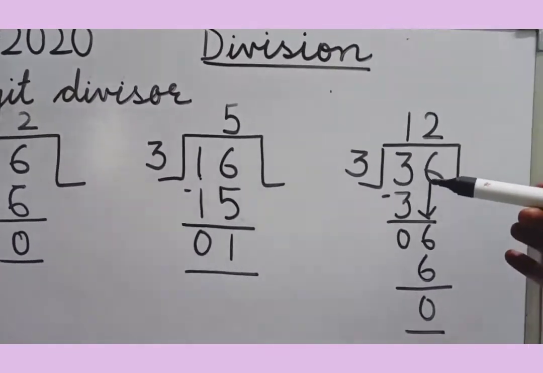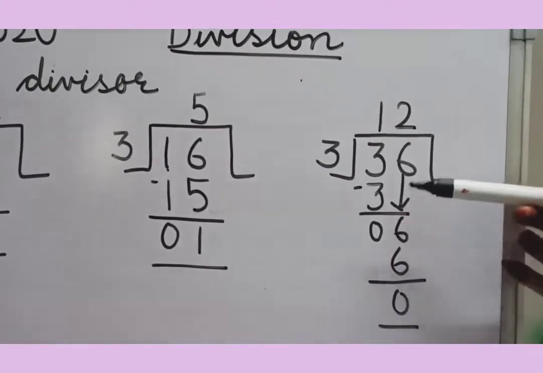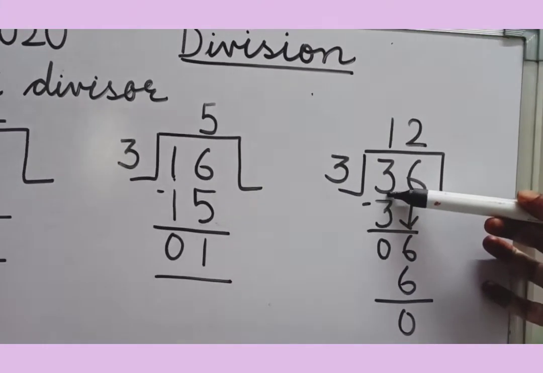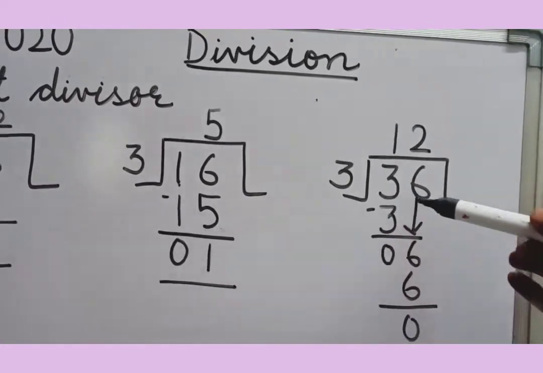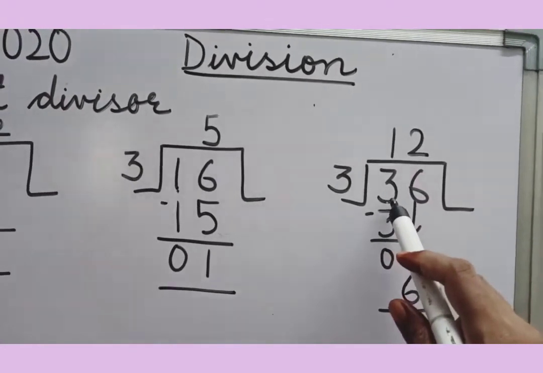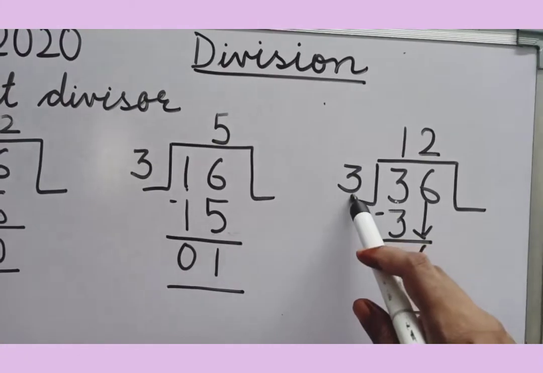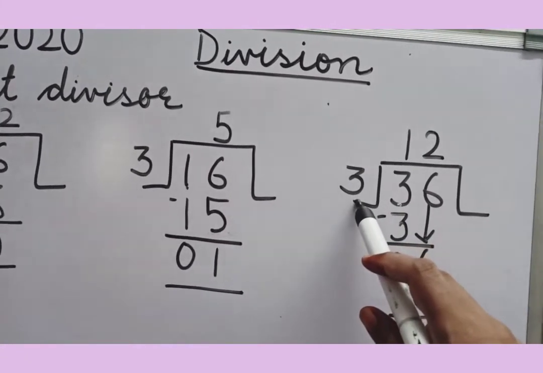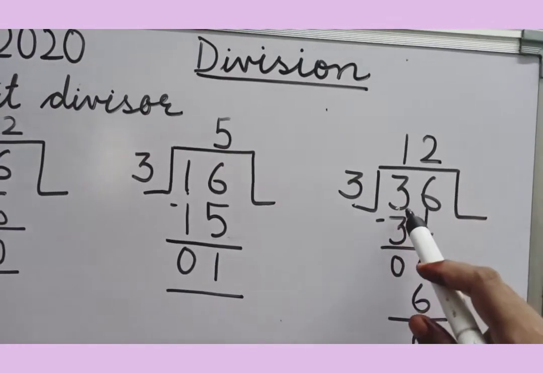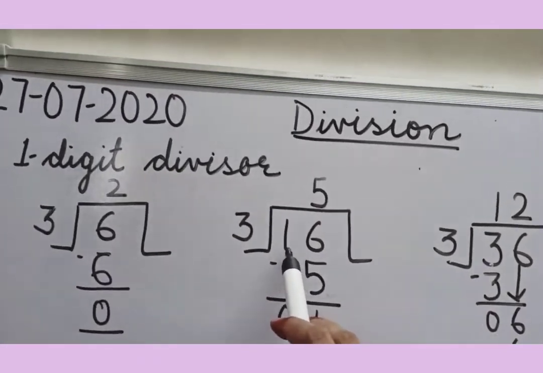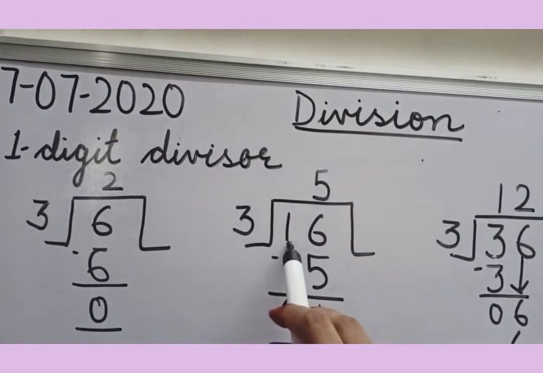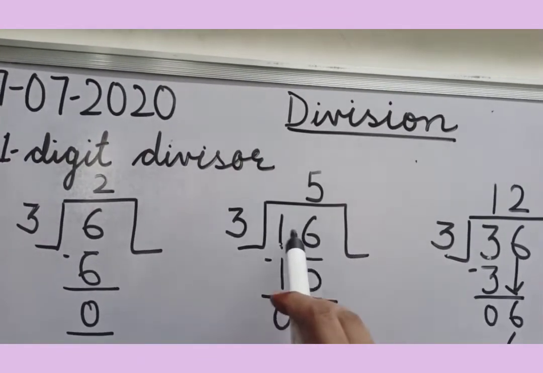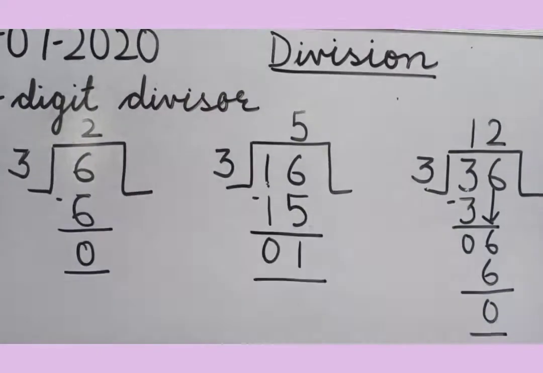Now in the third one, we have to do 2 steps of division. The reason behind it is I can divide this first number all alone, because the rule is that the number should be equal to the divisor or it can be greater than the divisor. Then you have to divide it all alone. But in case it is smaller than the divisor, you have to take two numbers together or you have to make it a greater one than your divisor.